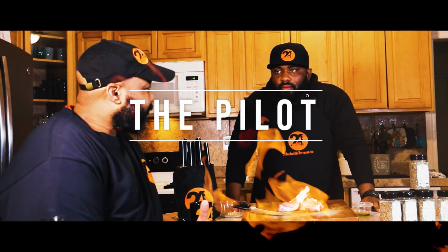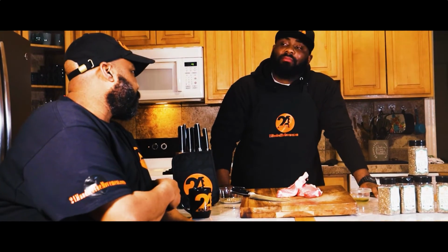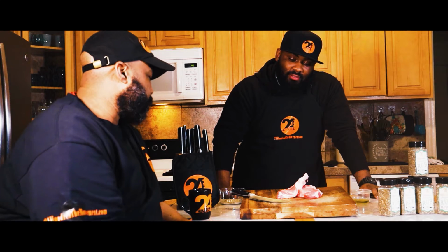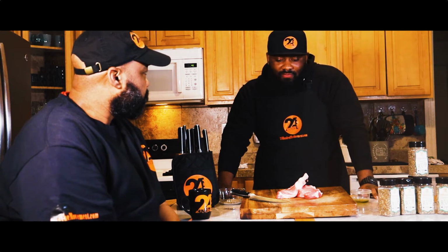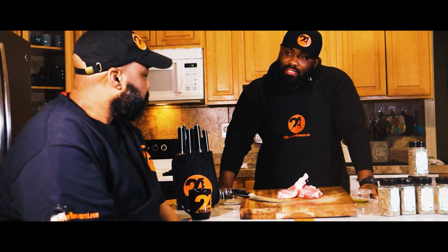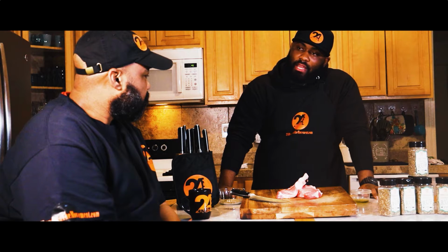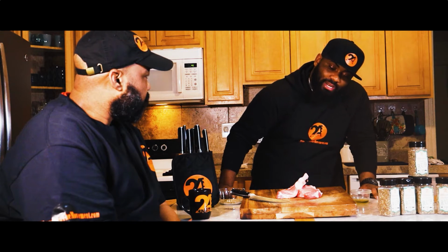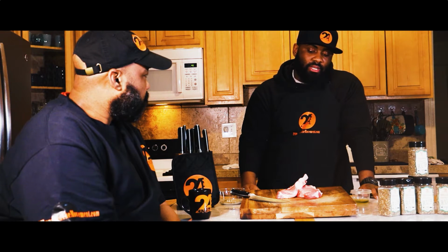Alright, so now we got the chicken, we got the lamb chops, and now what we have here. So this right here is another one of my favorite ones in my house, right? This is the French bone-in pork chops, right? And the reason why you go with that bone-in is you get that flavor from the bone, and then it's